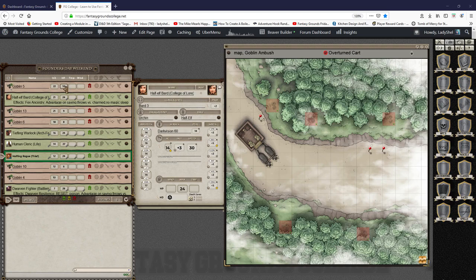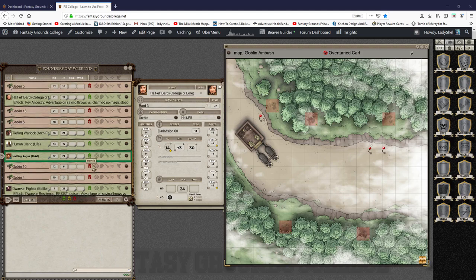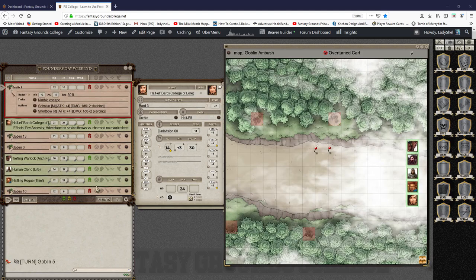So some have 10, some have 9, 8, 6. This goblin only has 3 hit points. He got the unlucky draw there. So I'm going to move my combat initiative up to the top because Goblin number 5 is going to get the first roll of the first